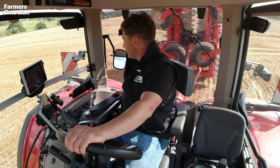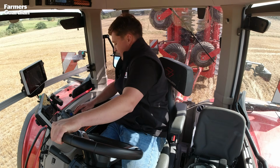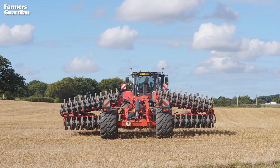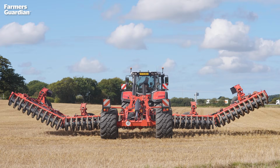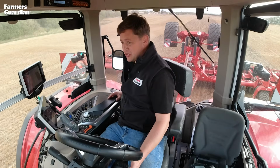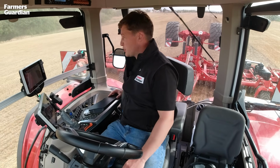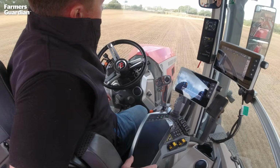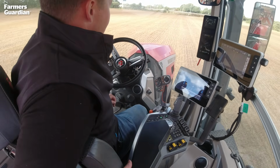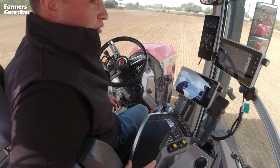Right, so we're in the cab of this 9S.425 and we're just going to fold out these 12 metre poly discs. This Massey 9S is the flagship model, delivering 425 horsepower. The lower models within the range do have boost functionality, but this flagship model is actually just a flat 425